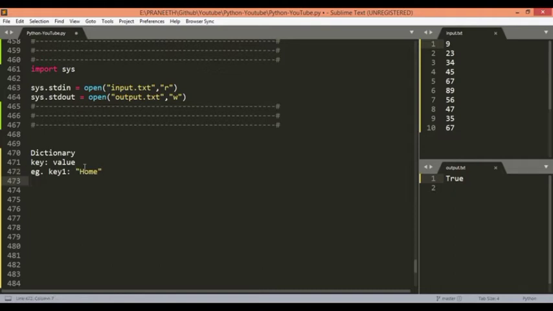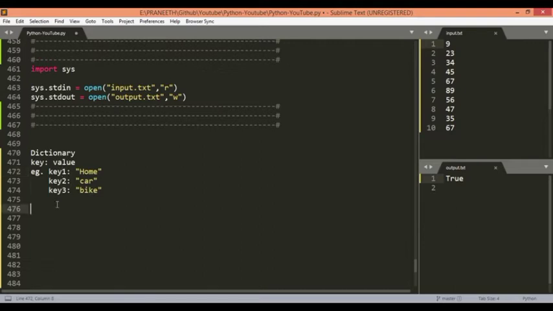Similarly key 2 for car, then key 3 for bike. So like this we can store data in key value pair structure where key 1, key 2, key 3 are the keys given for the values of home, car and bike.